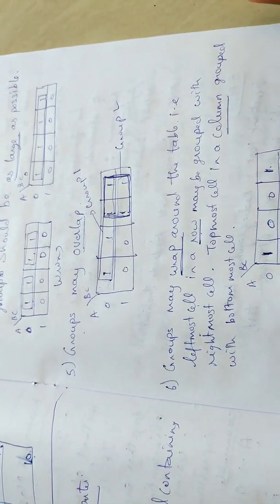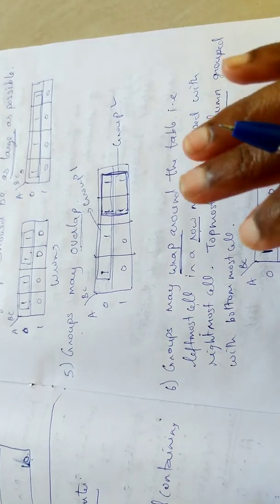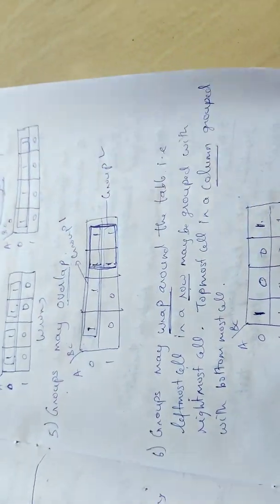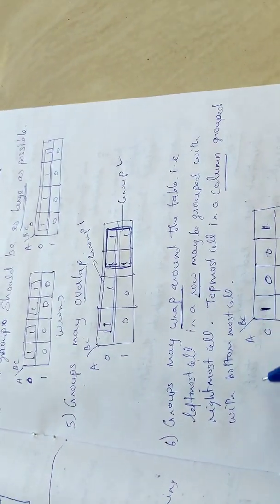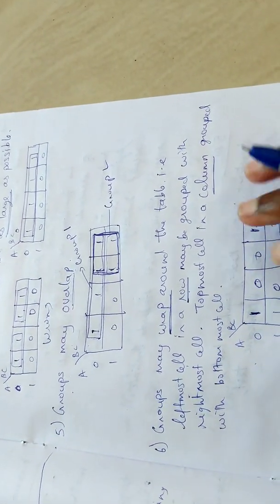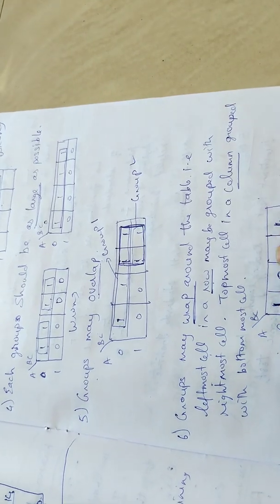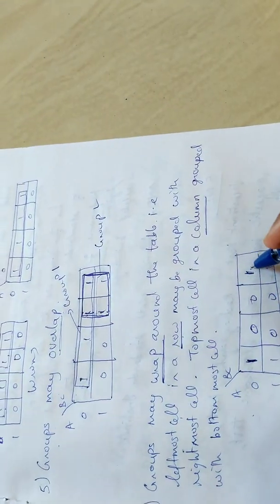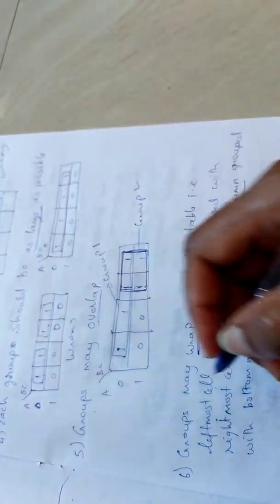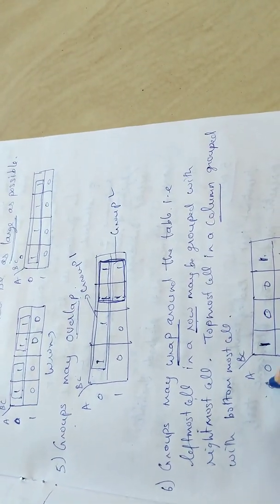So you will think, ma'am, I can't make it a group, because each is a single one. But you can wrap it. You can just make a fold of it like this. You fold and imagine: if you fold like this, one will come over beside here. You can make a group like this. Just imagine the leftmost and the rightmost can be wrapped, can be folded. If this one comes over here, it will come here, right? So you are able to make a group.